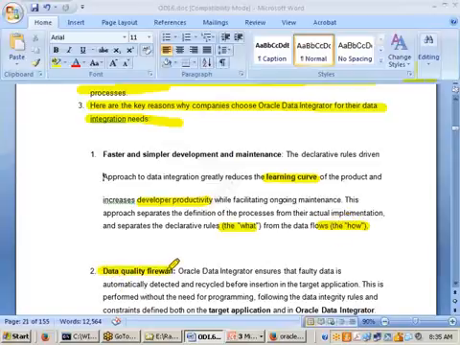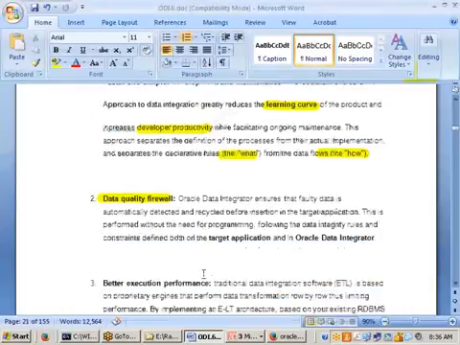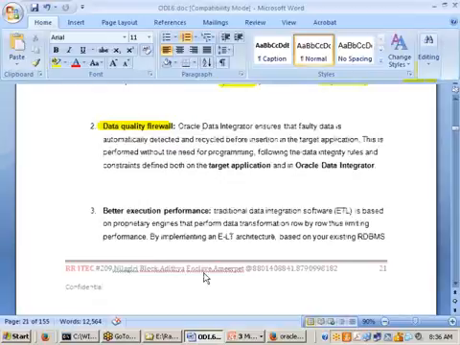Second one, data quality firewall. One more practical issue is that we have data, but sometimes the quality is not there. Suppose an interested guy is going to give you a perfect contact number, perfect phone number, and perfect mail ID. But if you came for the demo, you won't give your phone number or mail ID properly. That is also called dirty data.